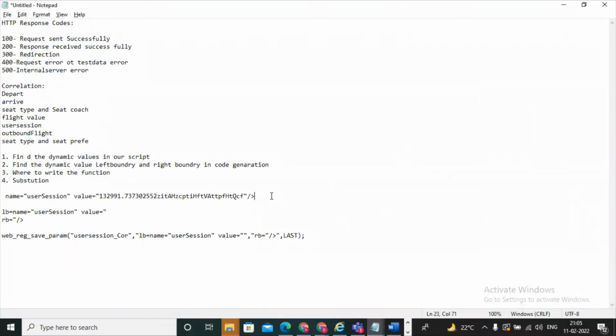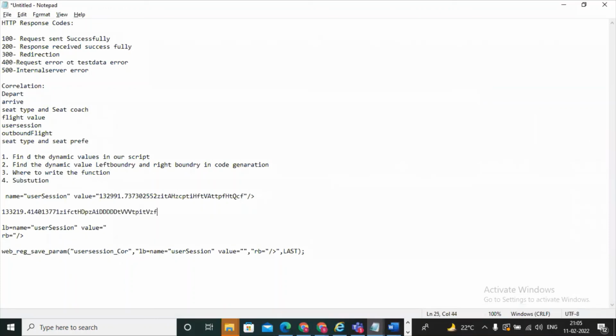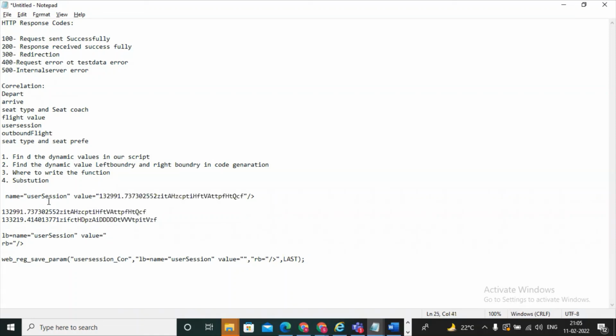Yes, it is there. This comes from after the correlation, and this comes from before the correlation. Now you can observe whether the values are the same or not. Are both values the same or not?